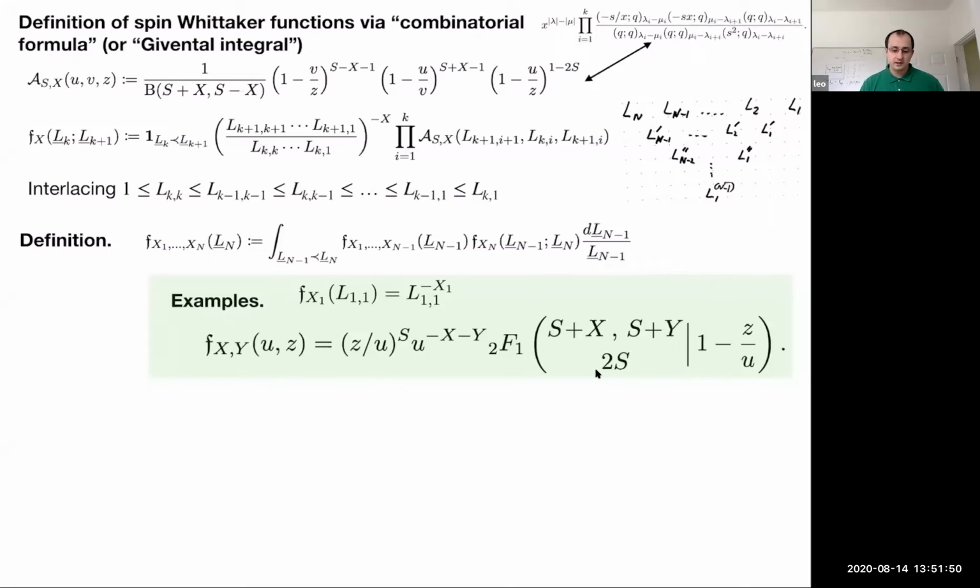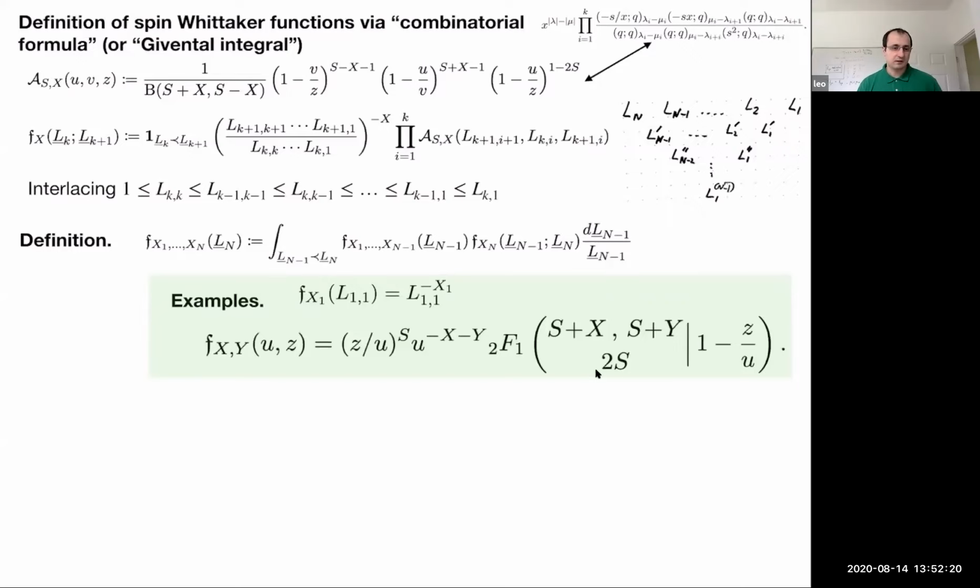So the second function for n equal 2 is basically the generic, yeah, it has 3 parameters. So it's basically a generic Gauss hypergeometric function 2F1 with 3 parameters, and we encode them so that they're symmetric in x and y,